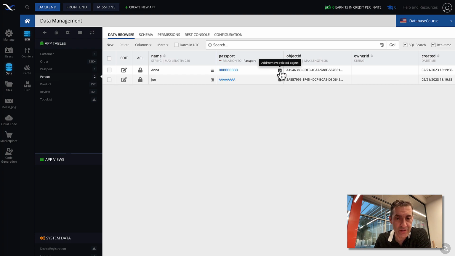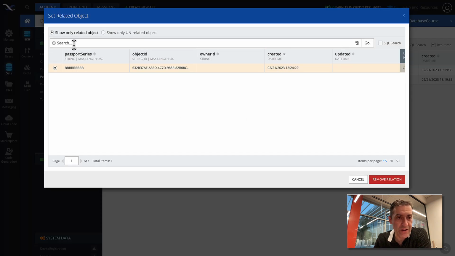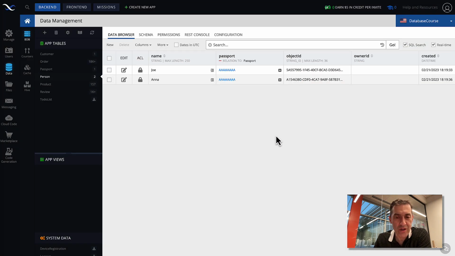So click on this icon, and in here it says show only related object. Okay, if you click the other radio button, then this is going to be all other passports that were not assigned to that user. So here, if I click AAA and click update relation, what should happen is both people have reference to the same passport.